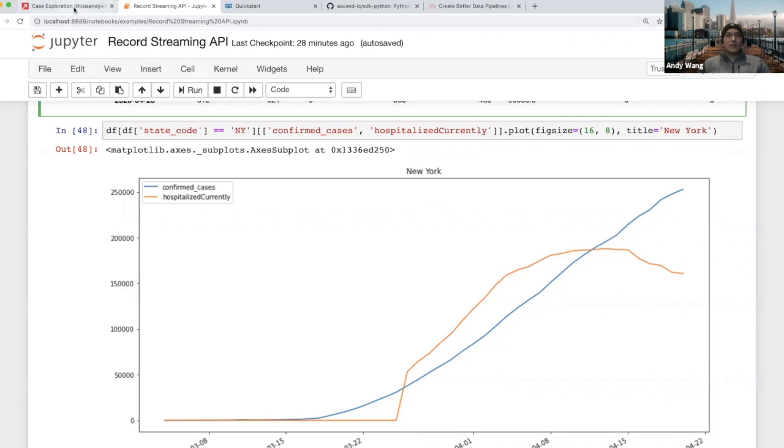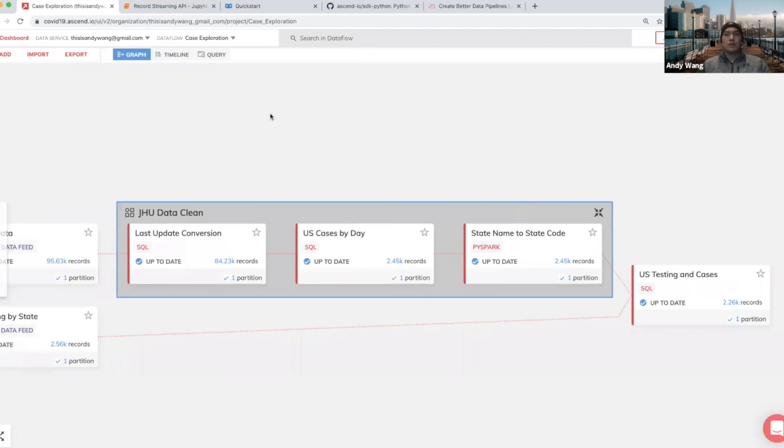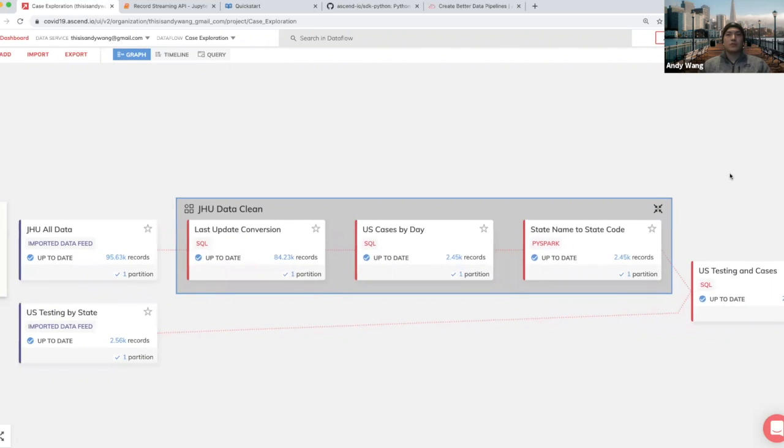Yeah, so that's pretty much it. We are about at the 30-minute mark of this workshop itself. That's the main part of what I wanted to show: if you're able to build your data pipelining in Ascend first, you don't have to worry about integrating your project with any sort of production-ready tool